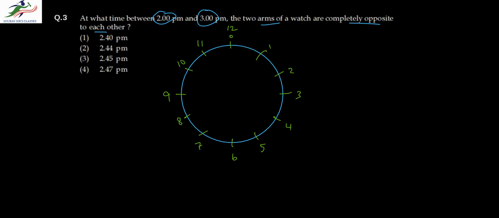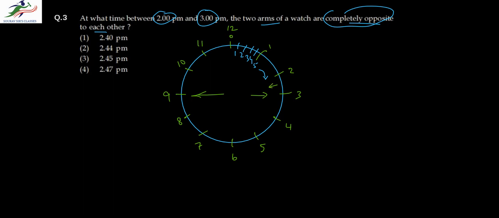So let's show the minute settings also. 1, 2, 3, 4 and 5. So in the minute setting I have 1, 2, 3, 4 and 5 and so on. It goes on. So what does the word completely opposite mean? Completely opposite means that the hour hand would be, let's say, at 3 and the minute hand would be at 9,